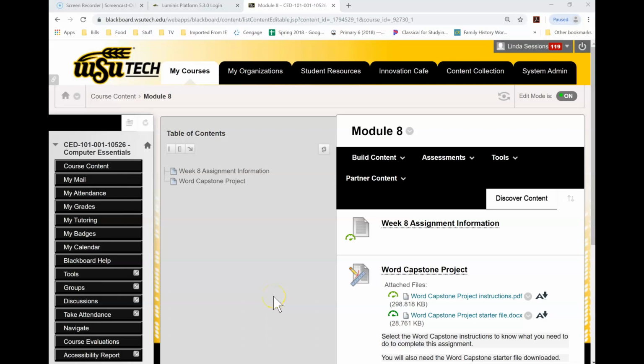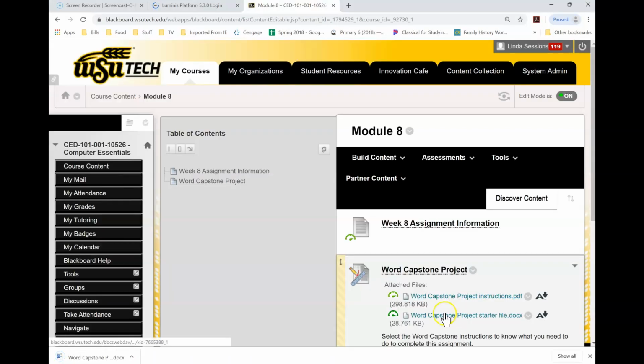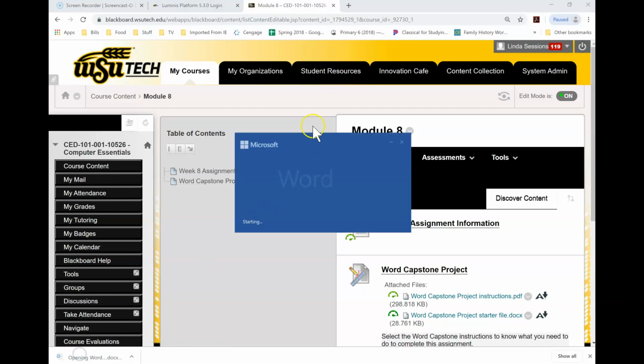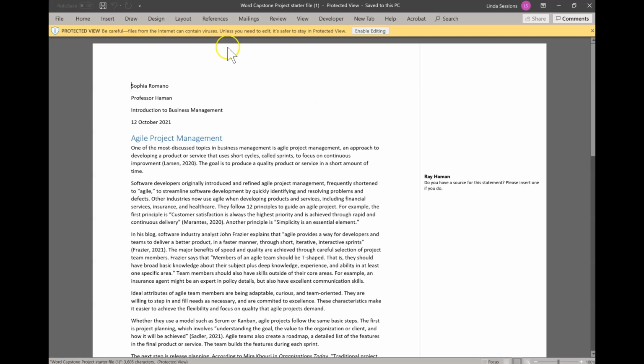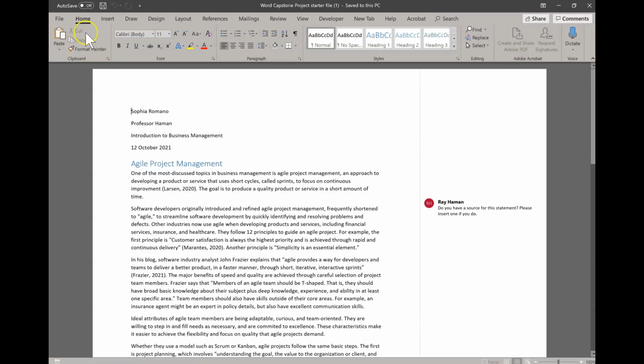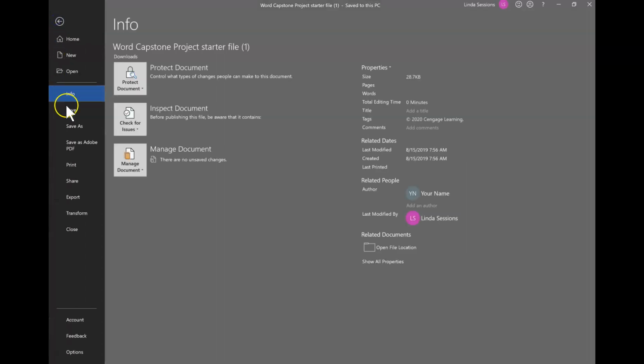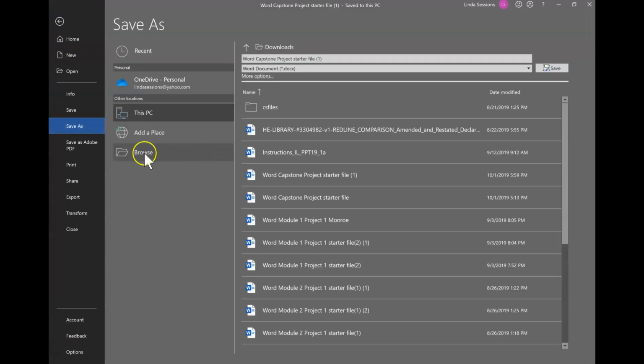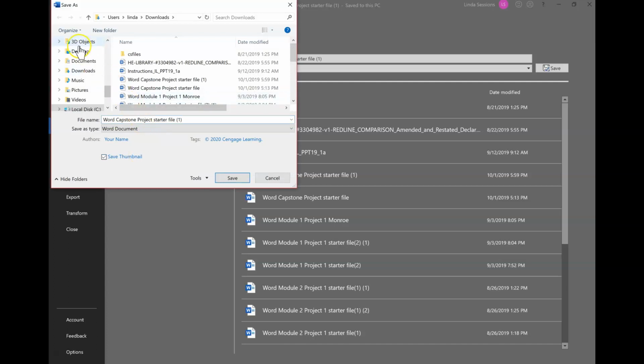Okay, this time we're working on the Word Capstone project. I've already downloaded the instructions, so here I'm going to download the starter file, open it up. I'm using Office 365 for this project, and the first thing I need to do is enable editing, and now I'm going to save it with my last name, and I'm just going to go ahead and put it on my desktop,